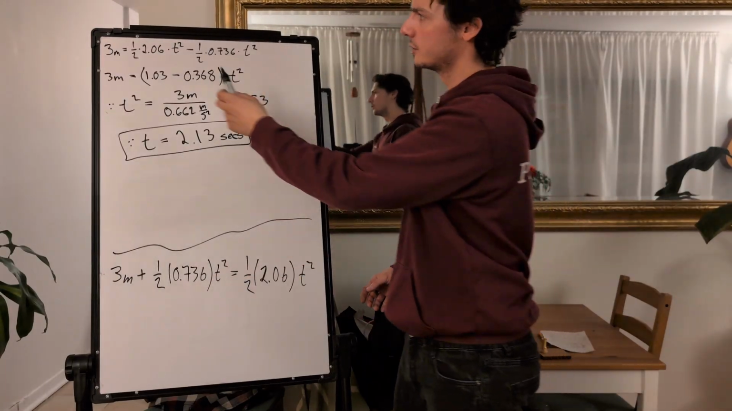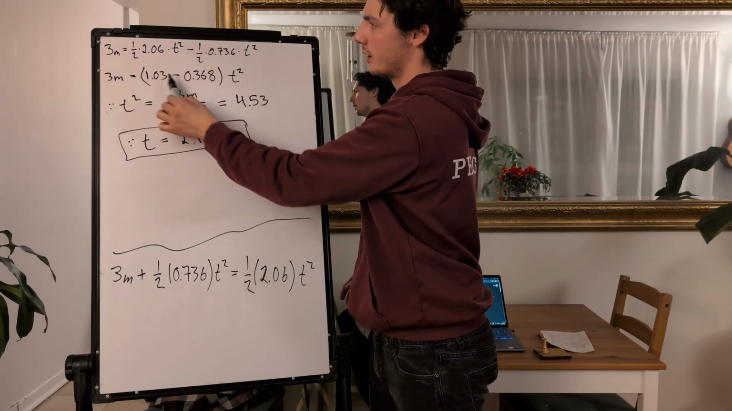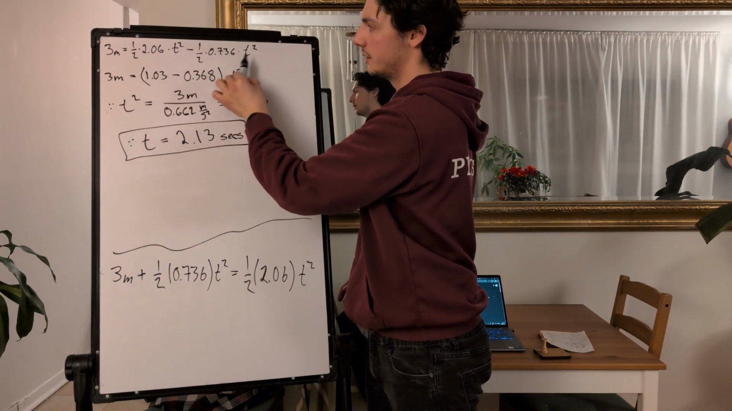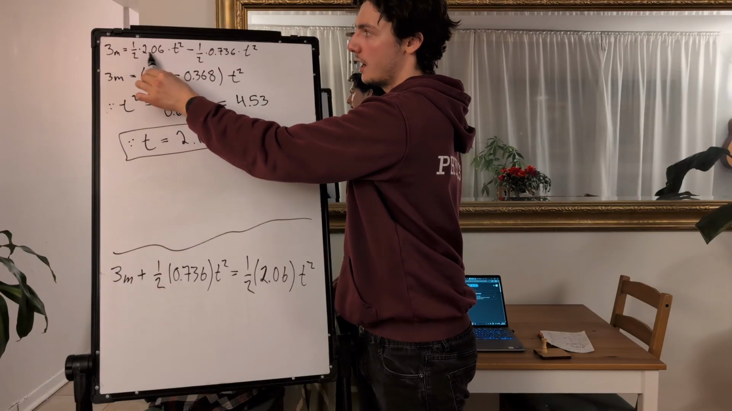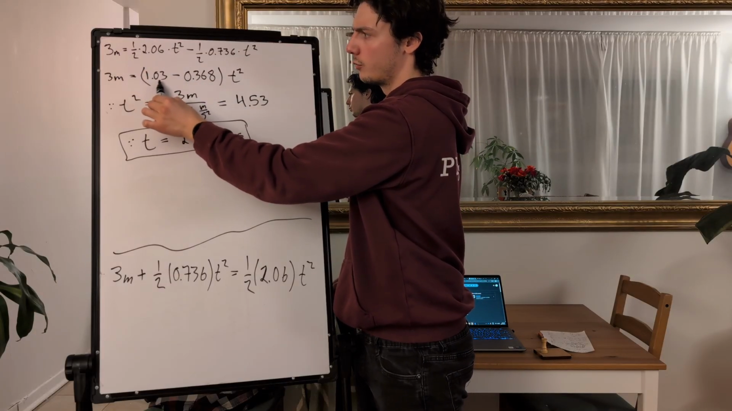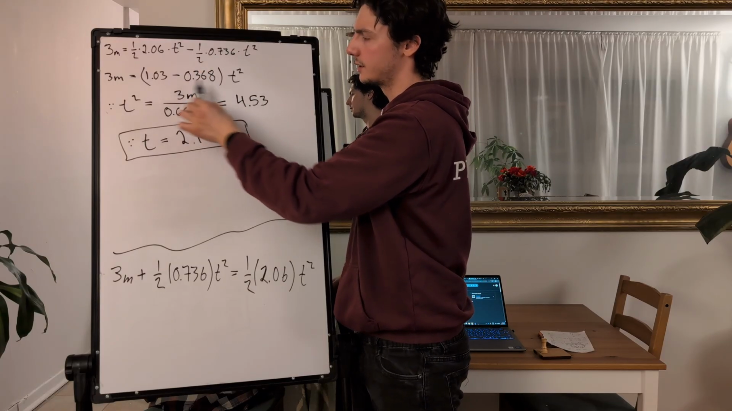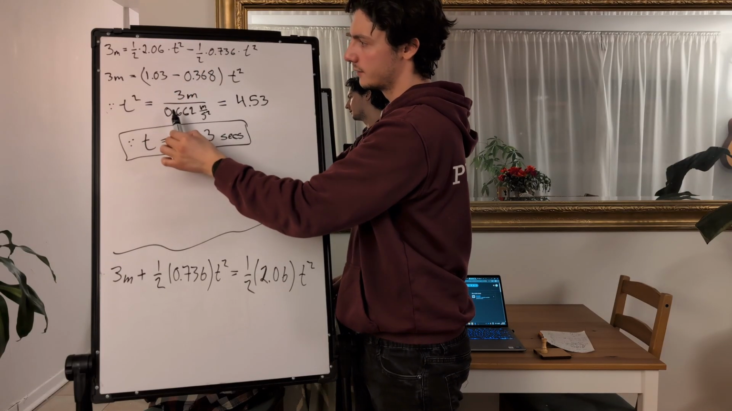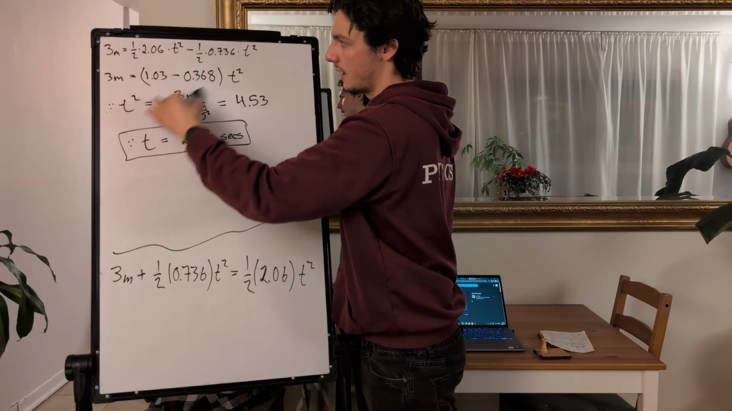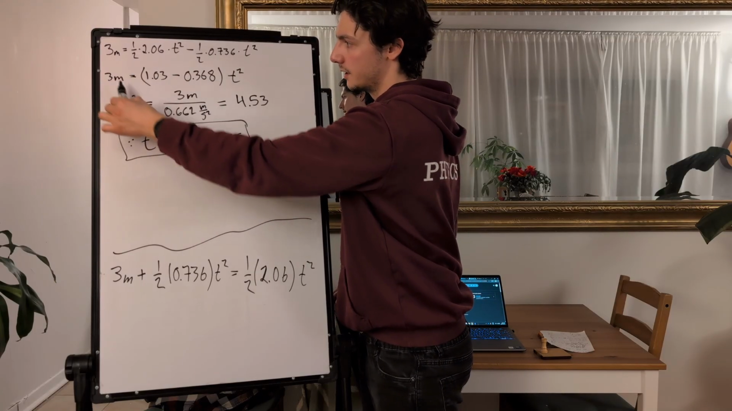So I skipped a little bit. What I did was factor out a t squared from this entire thing, because there's a t squared here, t squared here. Factor that out. 1/2 times 2.06 is 1.03. 1/2 times 0.736 is 0.368. This minus this gives us this, and then I divide this whole thing onto this side so I can isolate